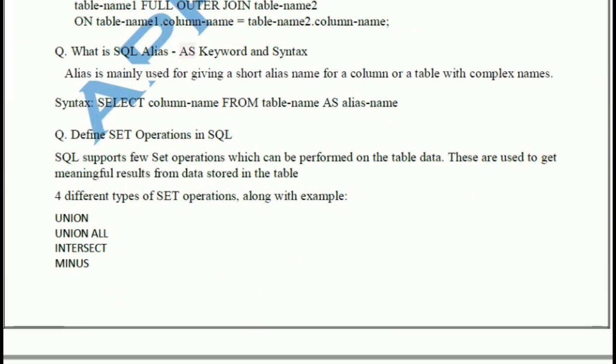Alias. Alias is mainly used for giving a short name. If you want to give a short name, you can go for the alias. So this is the syntax: table name AS alias name. The table name indicates the actual name, and the alias name is a short name. Next,